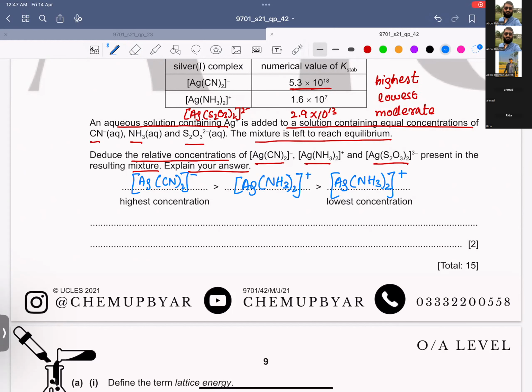And the explanation for this is that the K step value of